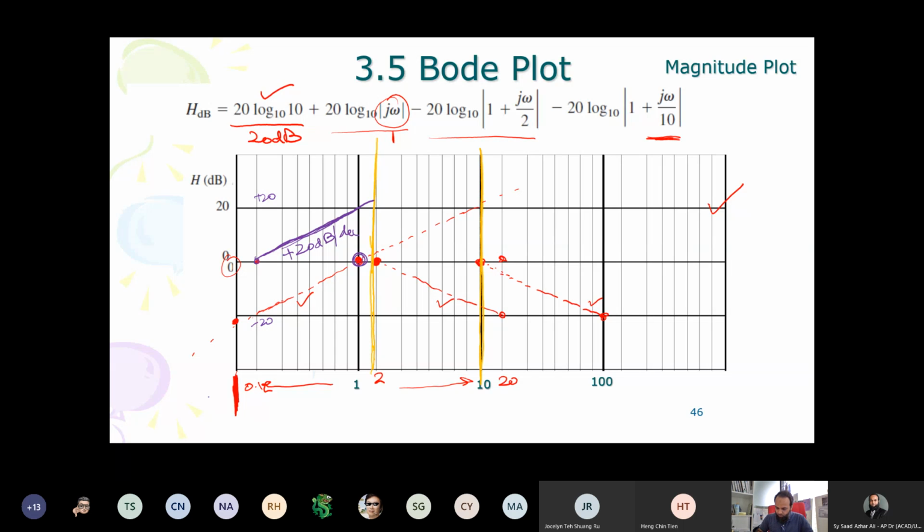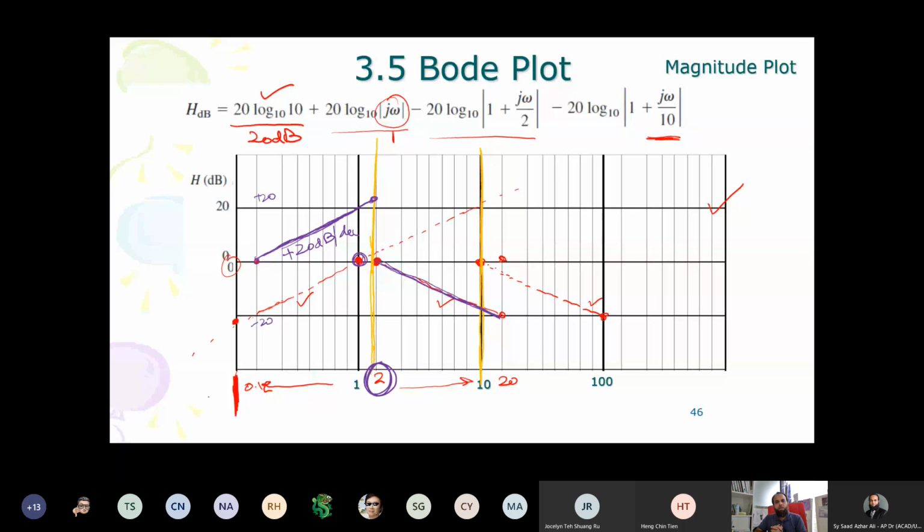This one. What is happening here? It's a simple pole. And yes, very good. This is minus 20 dB per decade. This is happening. All right. So this means that now the magnitude which was at this point will be